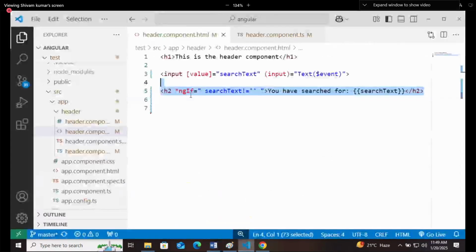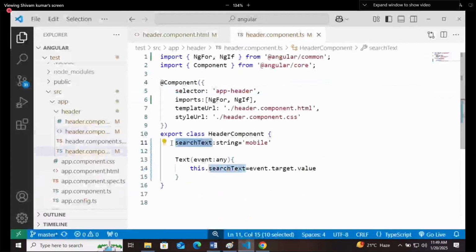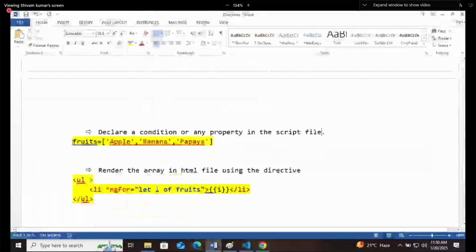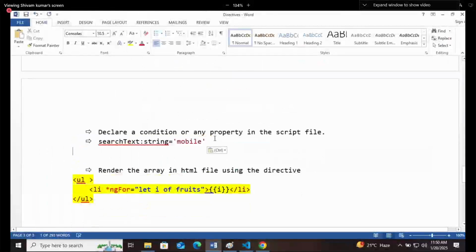So what condition are we declaring? We are declaring that search text is equal to a string, and that string is simply mobile phone. In this way.